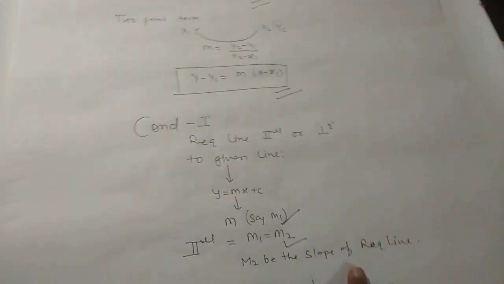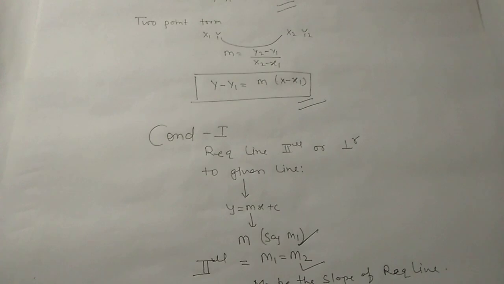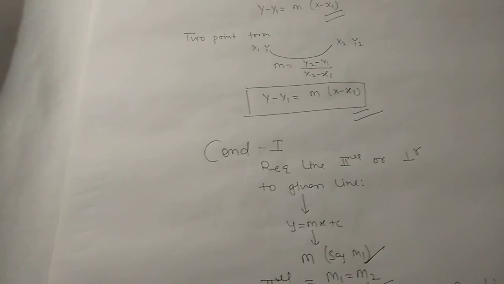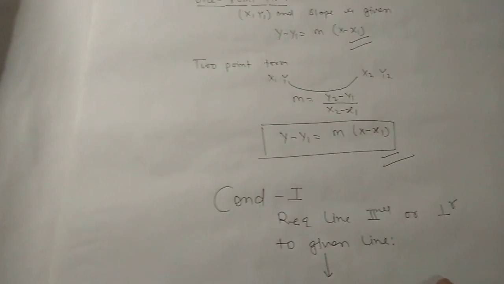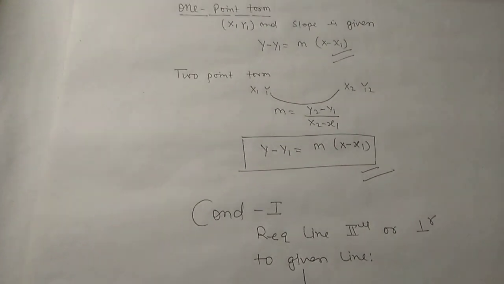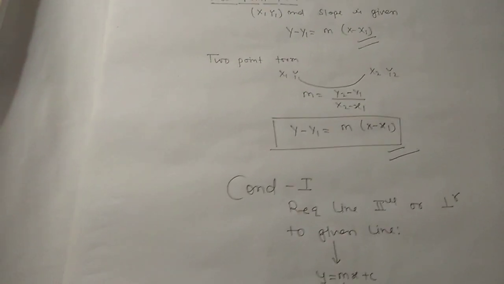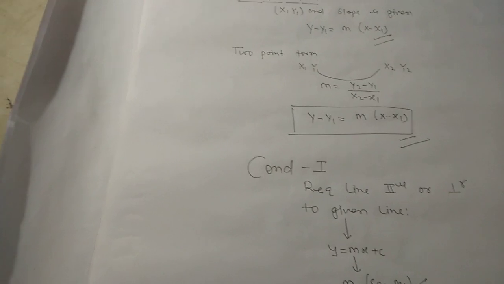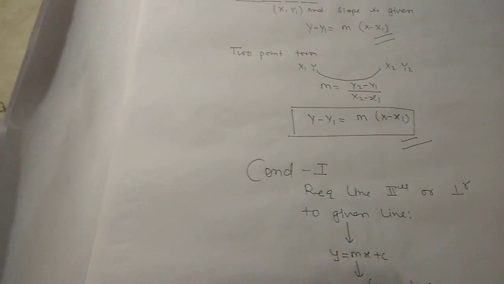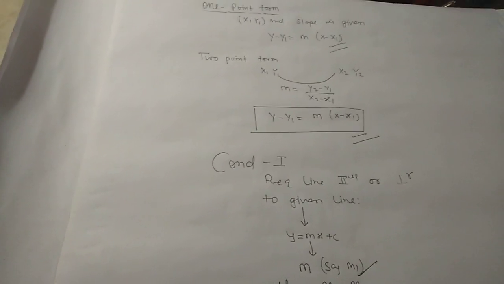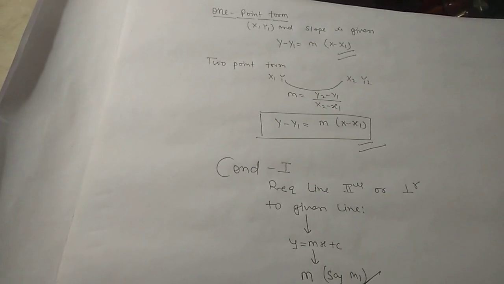So children, till here I have given the concept behind coordinate geometry at the level of class 10th ICSE and CBSE. I don't want to make a long video, that will be boring for you, so wait for my next video. Within 3 to 4 days I will upload that video with some examples related to the equation of a line.